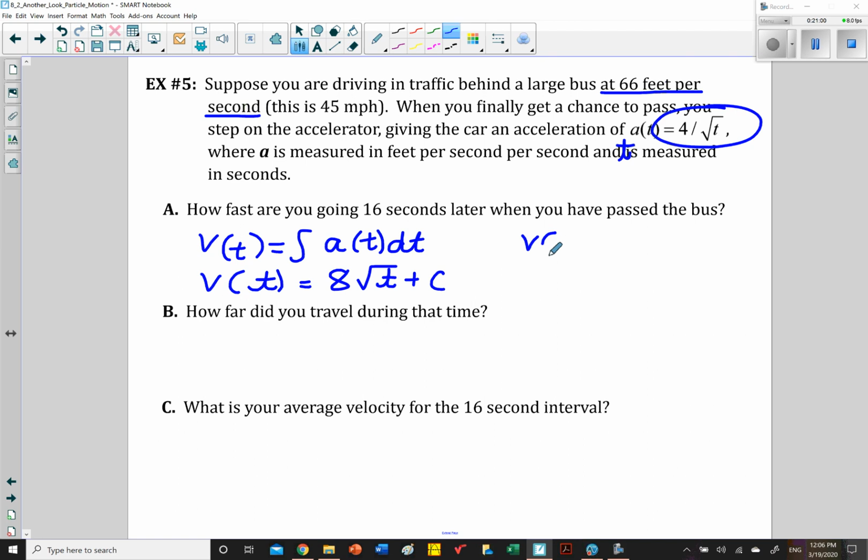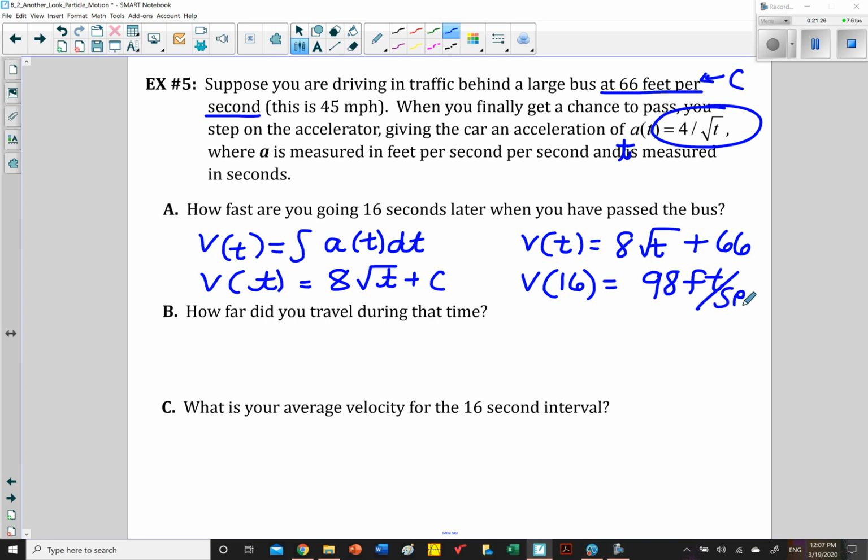So our c value is 66. And the velocity after we've gone 16 seconds is 8 times the square root of 16. So 32 and 66 is 98 feet per second. So we're moving at 98 feet per second